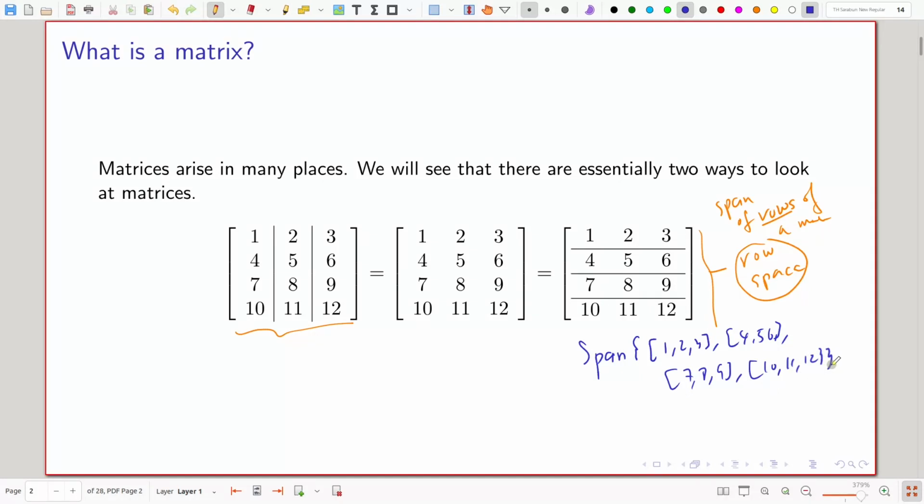You see that every vector is of length 3, so every vector belongs to R to the 3. So this row space is a subspace of R to the 3 because you have 3 elements. On the other hand, if you look at the span of these columns, we get the column space.